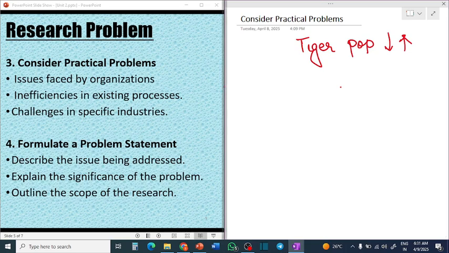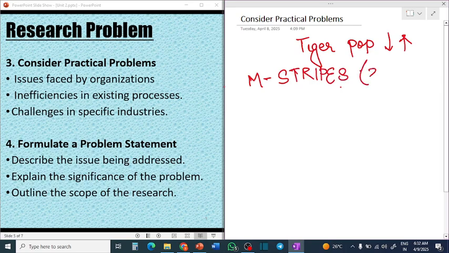So one of the technologies that was improved to know about the tigers population was M-Stripes. This was developed in 2010 to know about the tigers population. Earlier than that, the census of tiger population was not done in a very good way. Now, if we don't know about the tigers population, how can we solve the problems of tiger population increasing or decreasing, or whether they are maintaining their biodiversity or not? So you have to see the research problem that is there, and find out a solution to your particular problem.